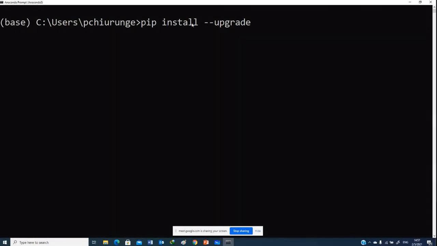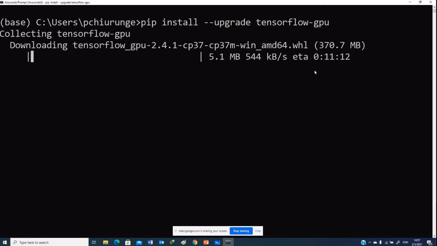So if I say pip install --upgrade, so I've got TensorFlow. I use TensorFlow GPU because I've got a GPU on this laptop that I'm using. If I run this, this should then upgrade the version. Can you see? It will immediately start downloading, because if you recall, I had version 2.1.0, and the latest version is 2.4.1. So you can see now my